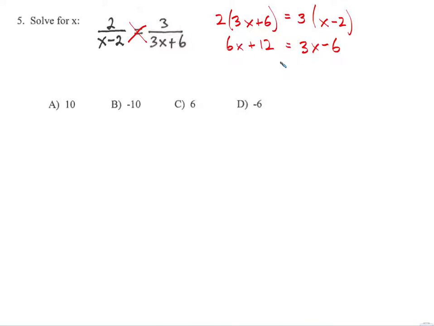Make sure I have that equal sign. From here, I need to gather all the variables on one side, all the constants on the other. So I'm subtracting 3x from both sides. I get 3x. And I'm going to do this at the same time too. I'm going to move the 12 over here, so I'm going to subtract 12 from both sides. This is going to equal negative 18. So from here, divide both sides by 3, and I get x is equal to negative 6